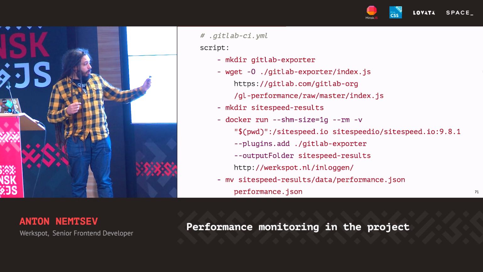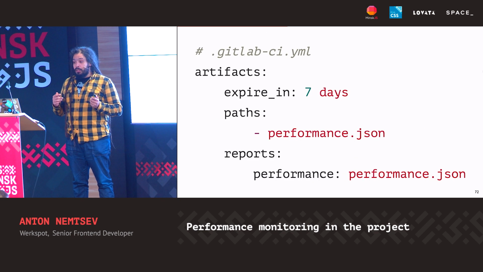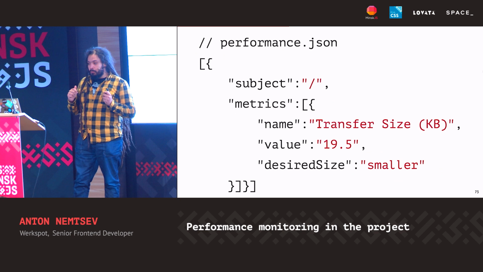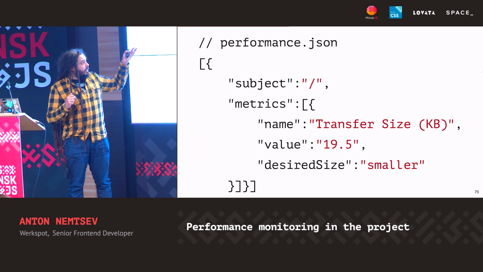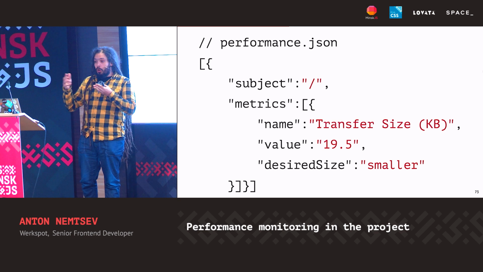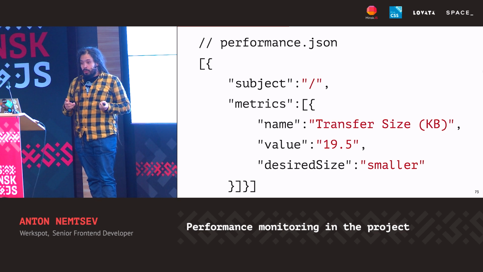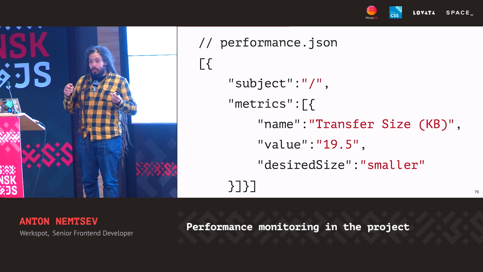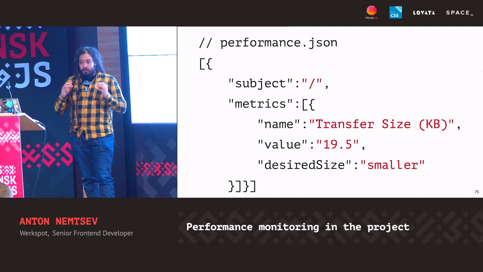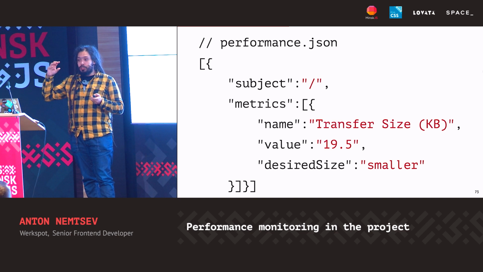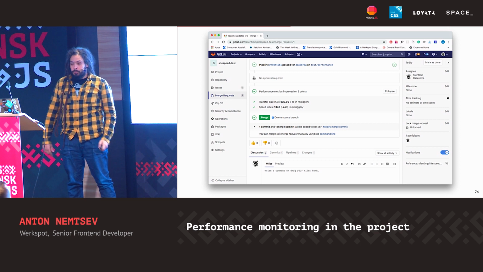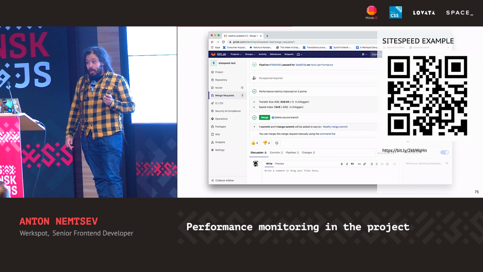Afterward, you will get a performance JSON that you may use as another type of artifact, a performance artifact. The format of the artifact is this. In the subject, you may set a route or any name you want, and metrics. Metrics is an array of objects. Each one of them has the name of the metric, value, and desired size, which may be smaller or larger. Then you will have this block. And it's quite nice, but